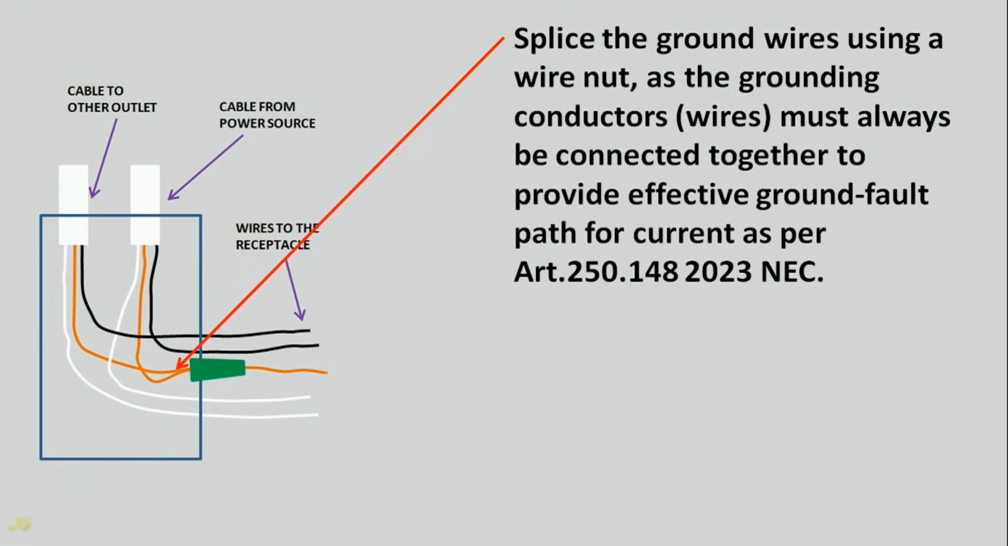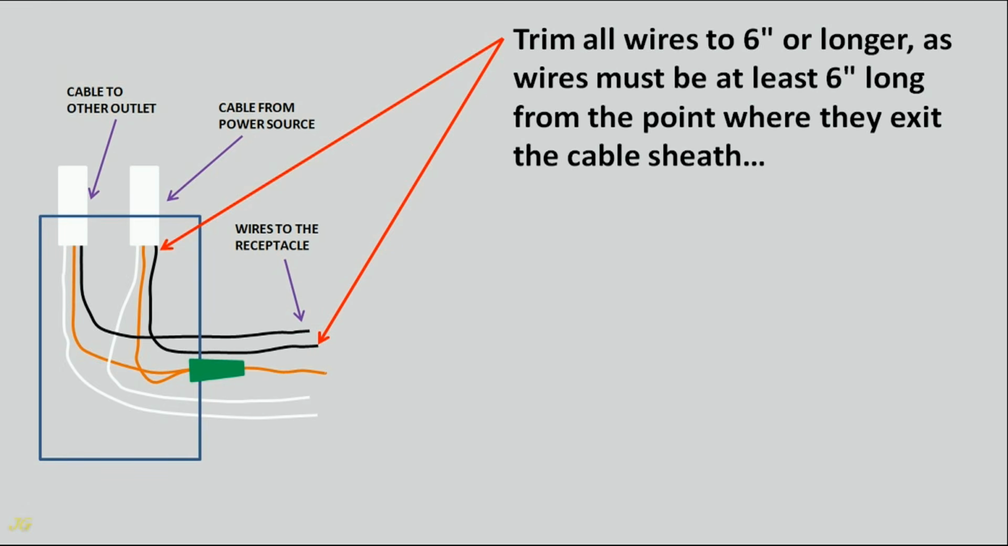Splice the ground wires using a wire nut, as the grounding conductors must always be connected together to provide an effective ground fault path for current as per Article 250.148, 2023 NEC. Trim all wires to 6 inches or longer, as wires must be at least 6 inches long